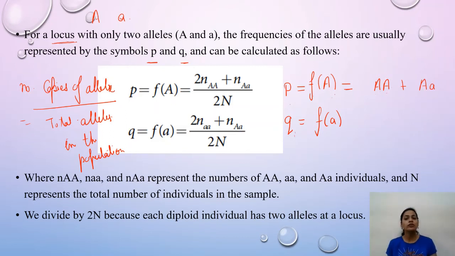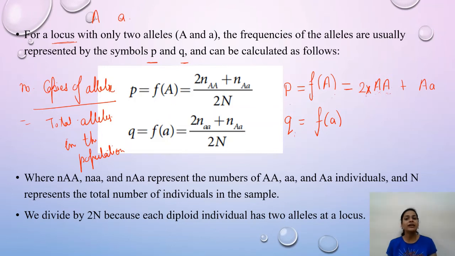Okay, so what we will do here, remember I told you that in the homozygous case, one individual is having 2 alleles, and 2 similar alleles. So in one individual who is having this kind of genotype, how many alleles are there? 2 alleles are there. That's why we will divide the number of individuals who are homozygous for this capital A by 2.